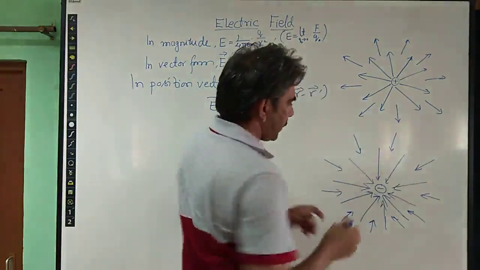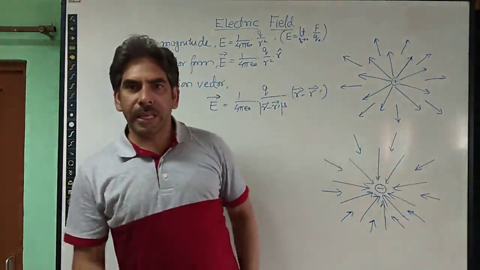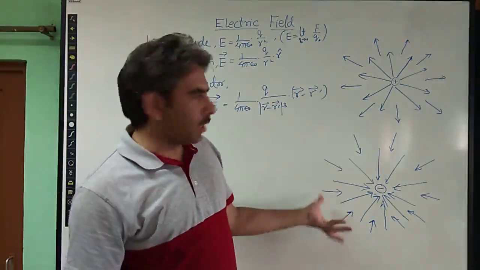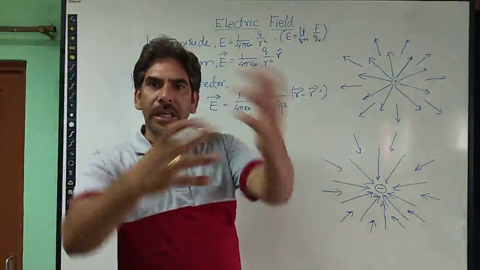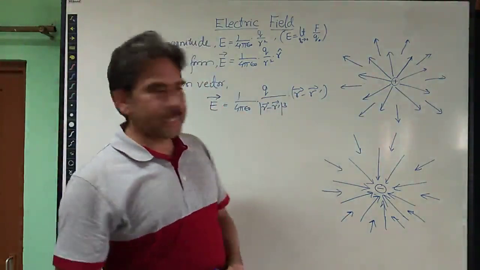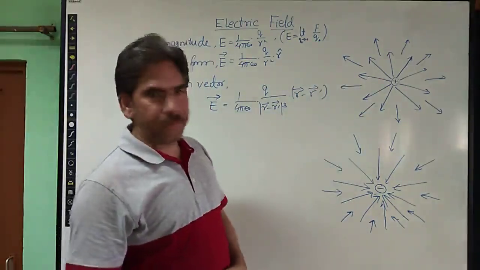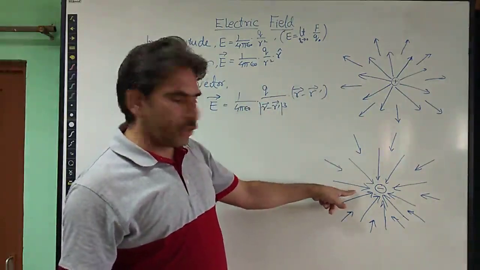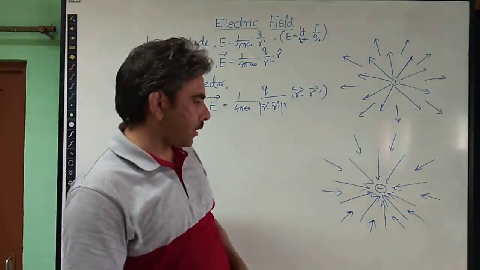So it is easy to represent the electric field due to a positive charge and a negative charge through a diagram just like this. Keep in mind that we are drawing the diagram in 2 dimensions. However, these charges influence the space in all directions in a spherical shape. Okay. So this is how we represent the electric field due to a positive and a negative charge. The direction of the electric field due to a positive charge is directed away from the positive charge. However, the electric field due to a negative charge is directed towards the negative charge. This is the only difference.